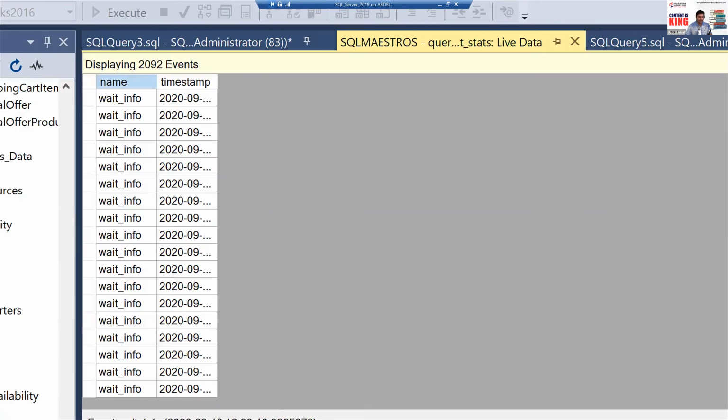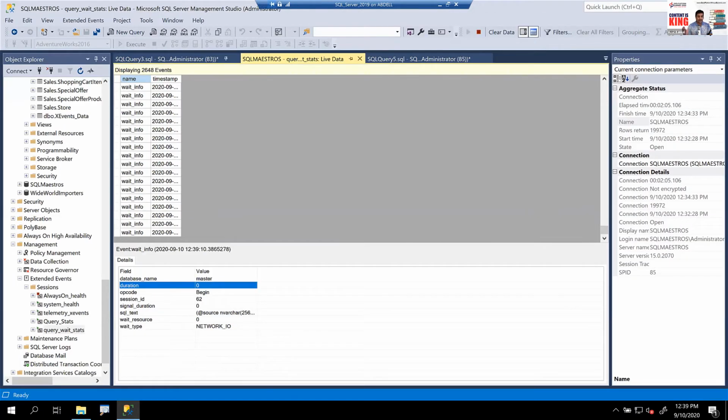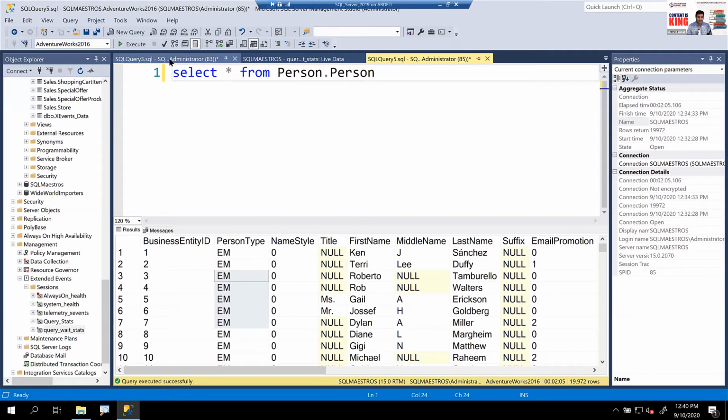So now you've got to understand, and this is where you will realize the value and the power of filtering, right? And choosing the right fields and predicates. Because you just don't want to get all this unwanted data in your extended events file. But now let's say you have done it. I'm going to show you how you can filter. So let it capture, who cares? So let's go and run this particular query once more. Let me just close the window.